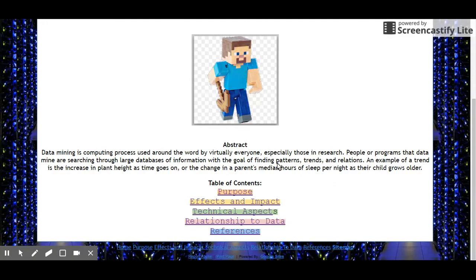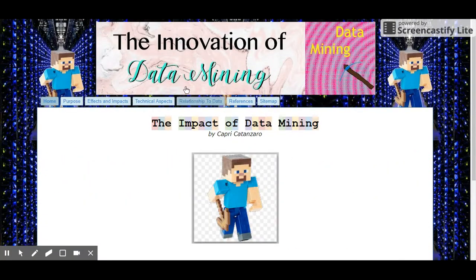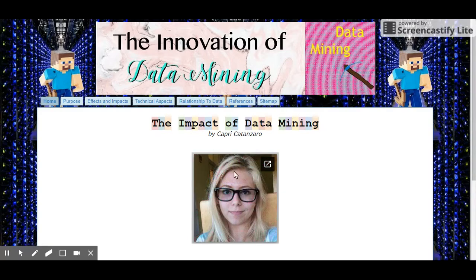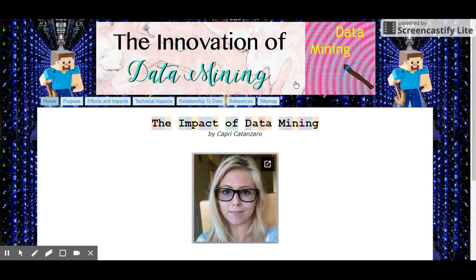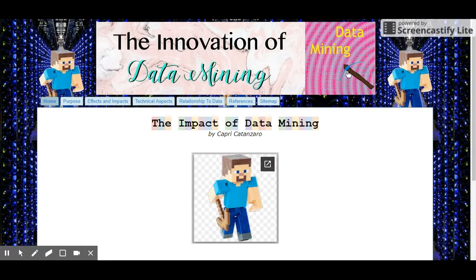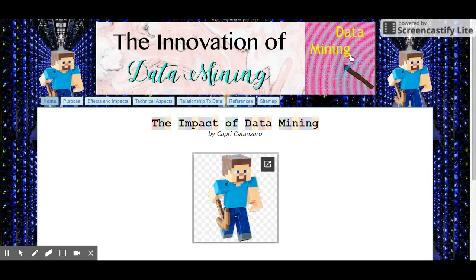Data mining can be done as part of a job or just for fun, because data mining is a creative process. This banner and the animation were made on Pixlr and EasyGIF websites. In Pixlr, I created multiple layers and then flattened the layers to create the background in this logo. Using a drawing tool, I drew this pickaxe.